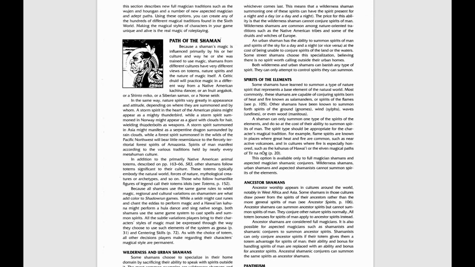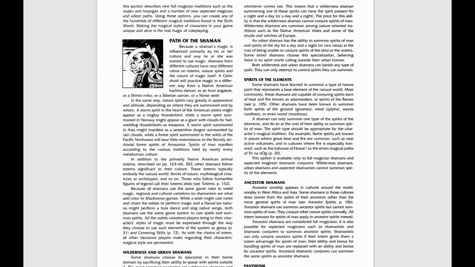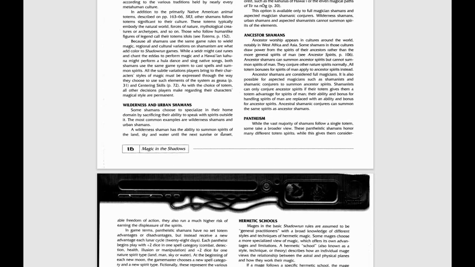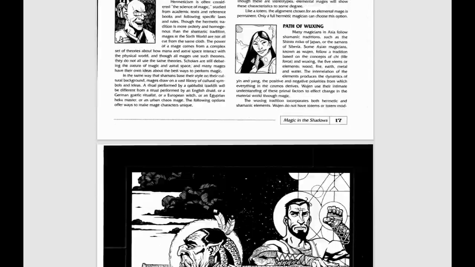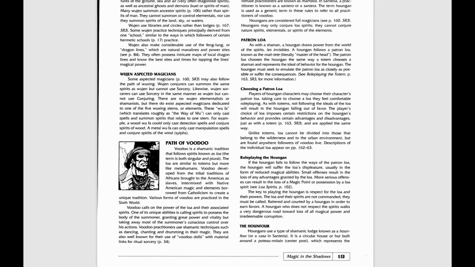Had some things for some different shamans, ancestor shamans. A lot of this collects stuff that was in previous books. For example, ancestor shamans. It's a shamanic, I have no idea if I'm saying that right, but whatever, it's a tradition practiced in Africa and actually made its first appearance in the Cyber Pirates book, in the section that talks about Africa. So it is going to be collecting a lot of information from a lot of previous books and just kind of bringing it all into one place.